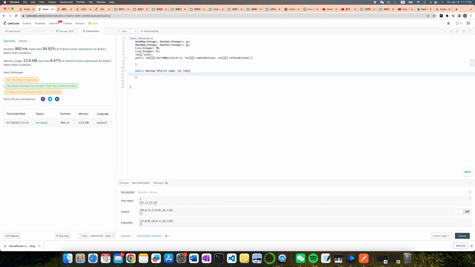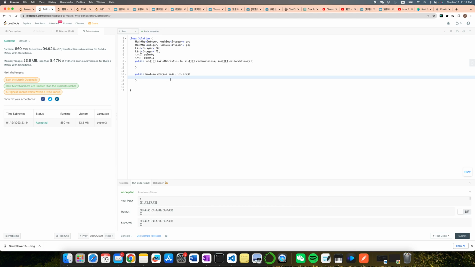So let's separate them totally. For color, I'm using 0 for row and 1 for column. So if index equals 0, then color 0, node, assign 1,